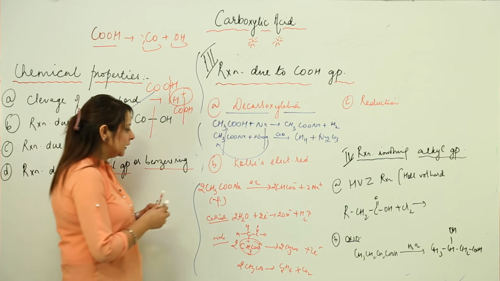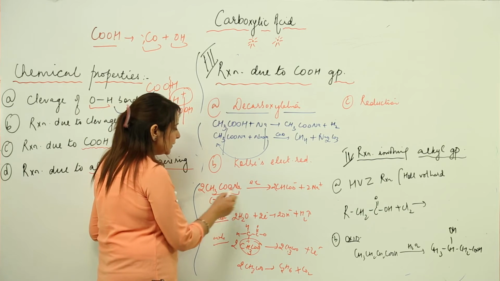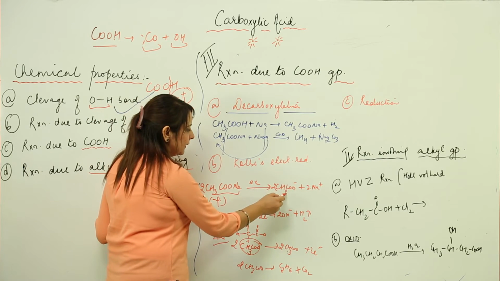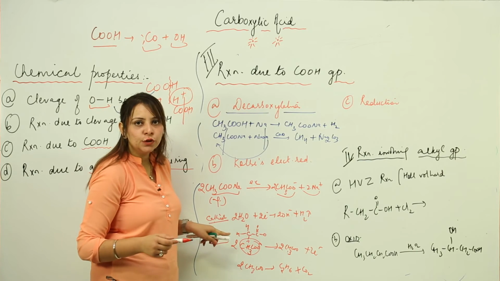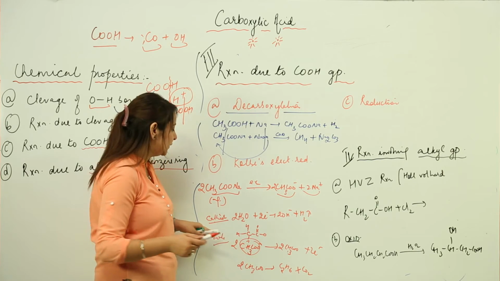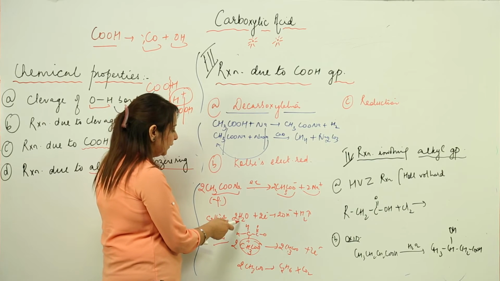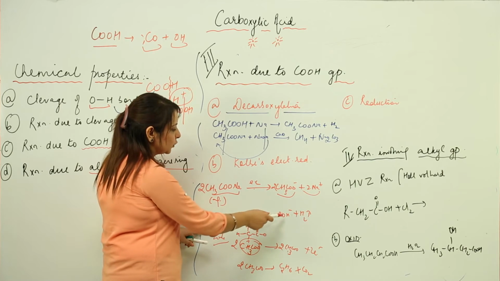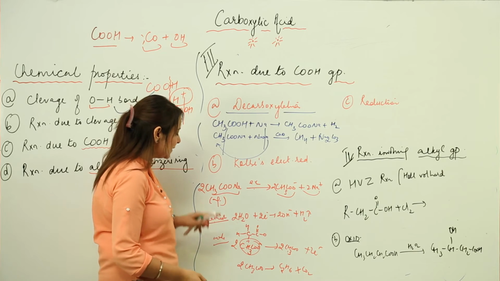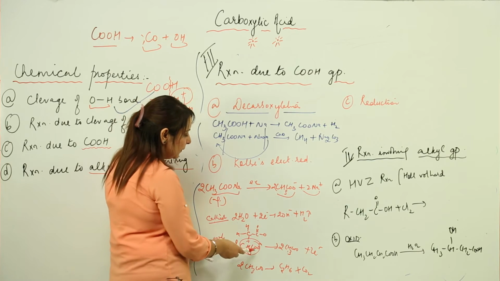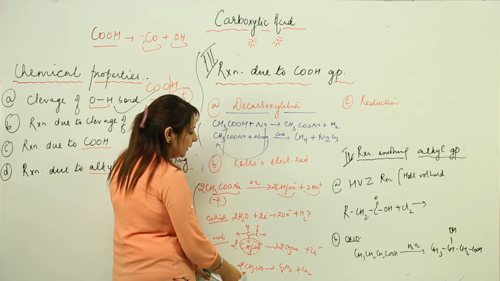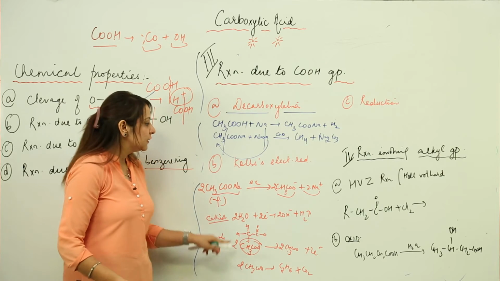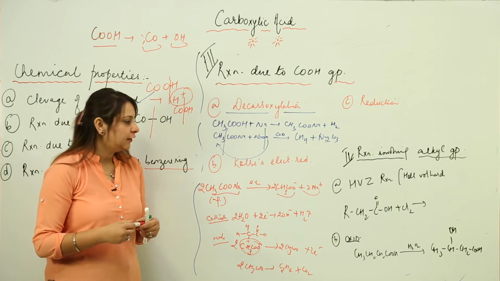So I think it is clear. I have taken sodium acetate, and when I pass current I get the acetate ion with sodium ion. Then at the cathode, because it is an aqueous solution and according to discharge potential, it is a reduction: H2O gaining 2 electrons forming 2 hydroxide and hydrogen gas. At the anode, these acetate ions lose electrons and get rearranged to form ethane. So this is the Kolb's electrolytic reaction.